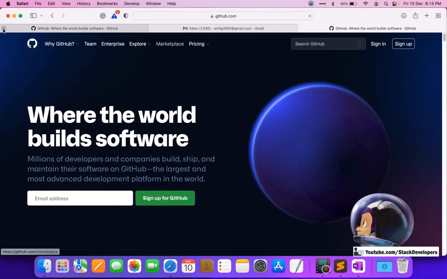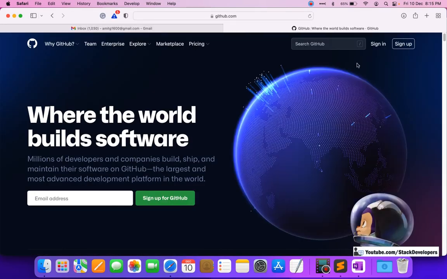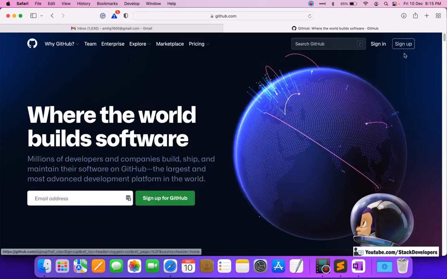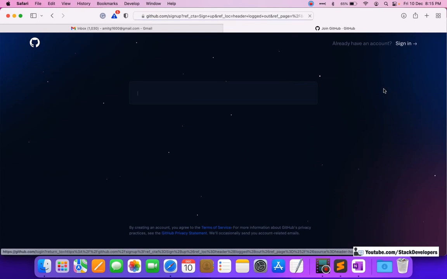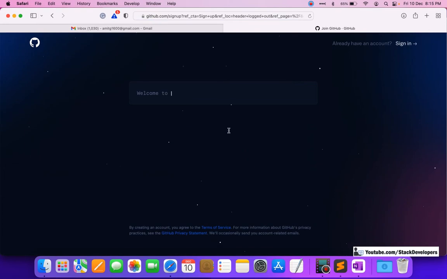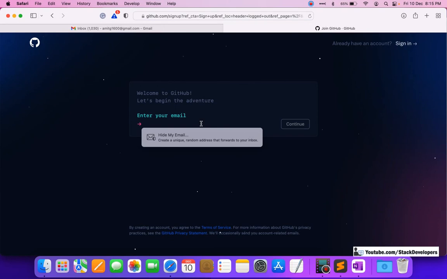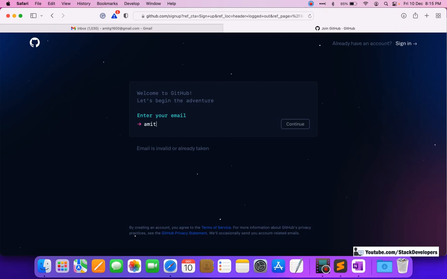Okay, I think there is no confusion at all. You are required to open this github.com website and then sign up. Click on this sign up button, and here it will ask you to enter your email. So I am going to enter my email that is not registered with GitHub.